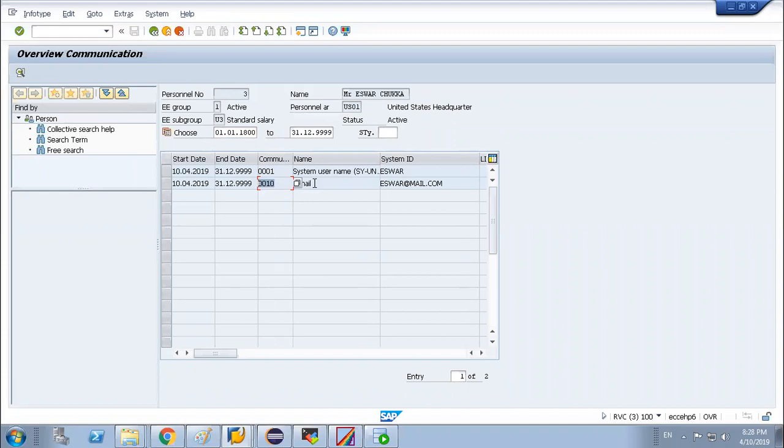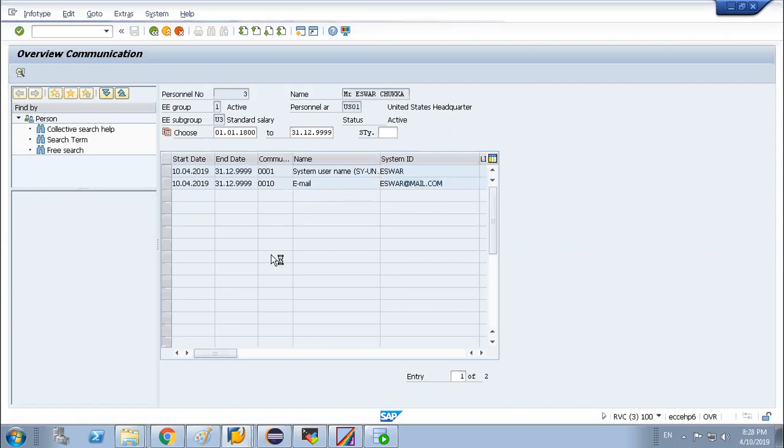There are two important info types in this area. 0105 is the communication info type. Under that, subtype 0001 is your user ID, and 0010 is your communication email ID. There are two types of email ID.